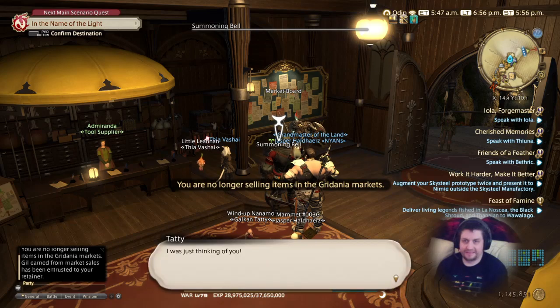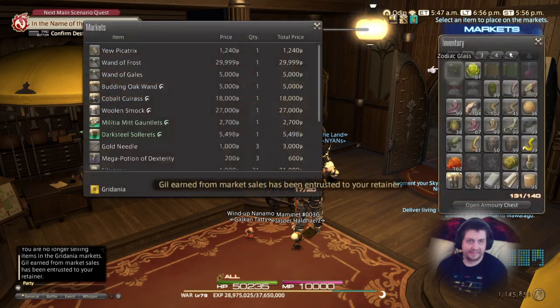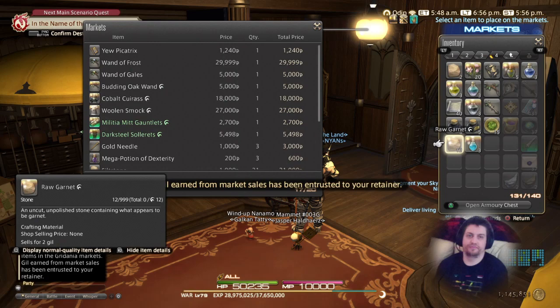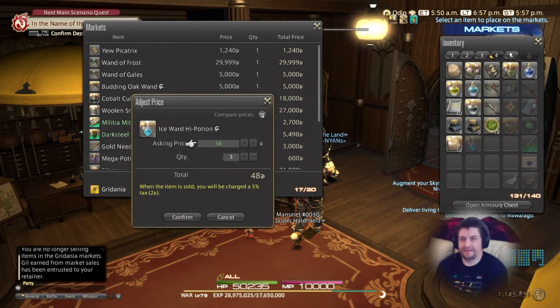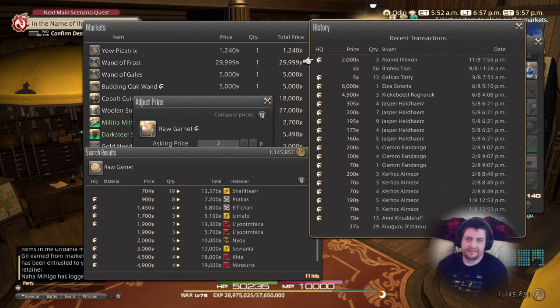Right, let's start by just selling some crap, because everybody loves to sell their crap. Just put some random prices on. So yeah,